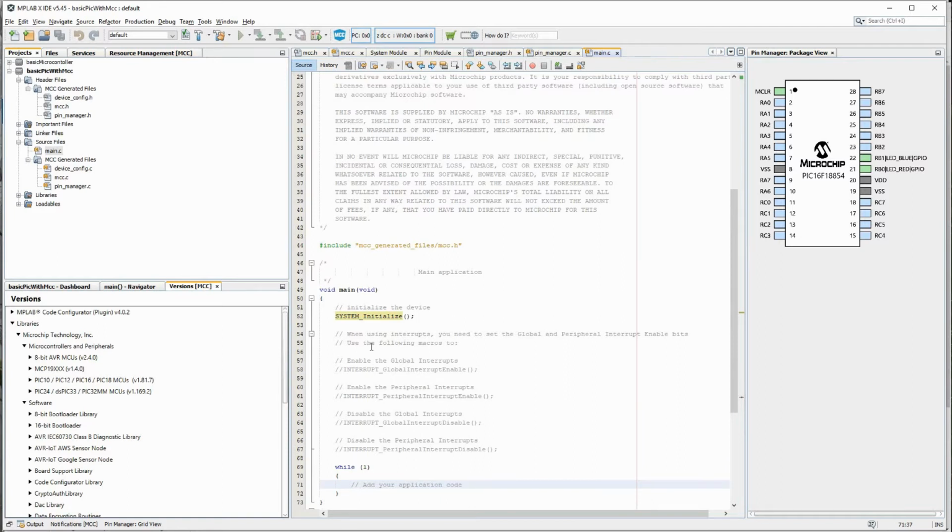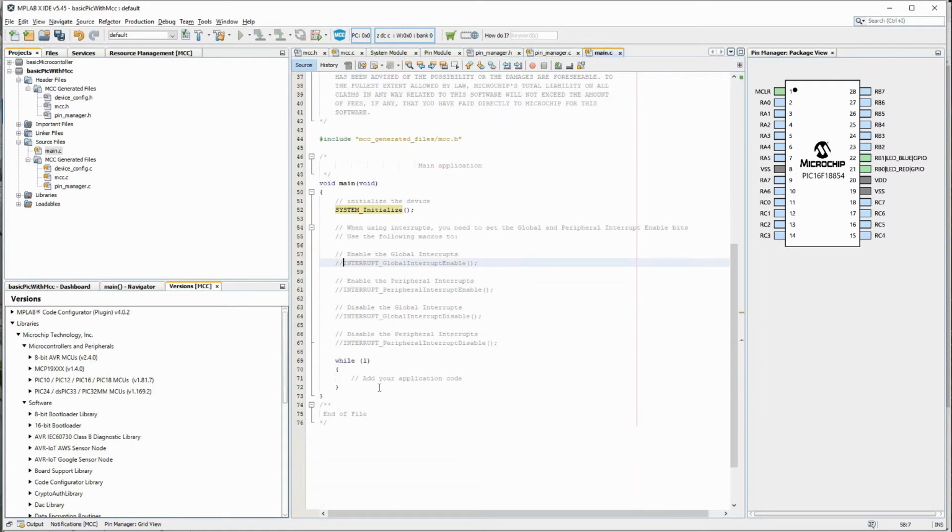And they have given some options here. Enable the global interrupt. If you want to enable global interrupt, you have to uncomment this, but we will not get into this right now. Similar to our last thing, let's use our delay routine that we have used. If you go to this project header, we had used iomap.h. That is no longer required because they have given everything there. So let's use the delay.h.